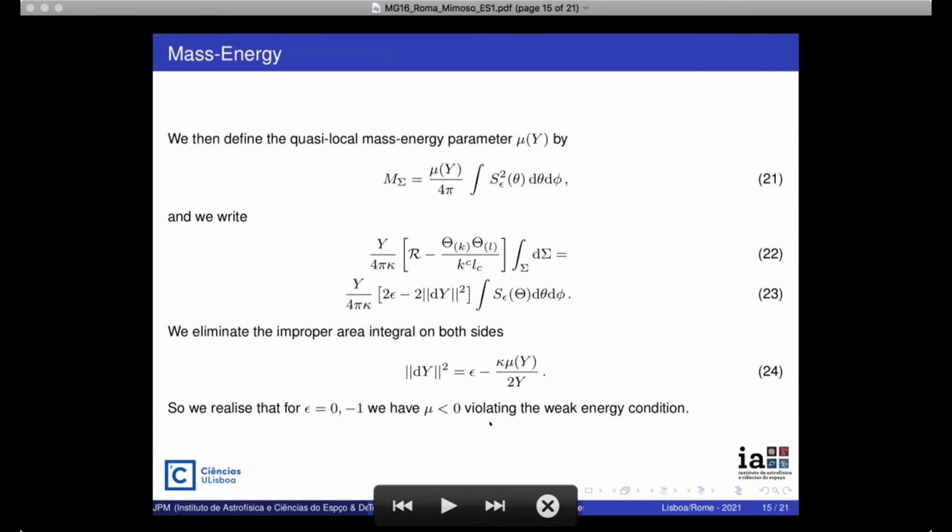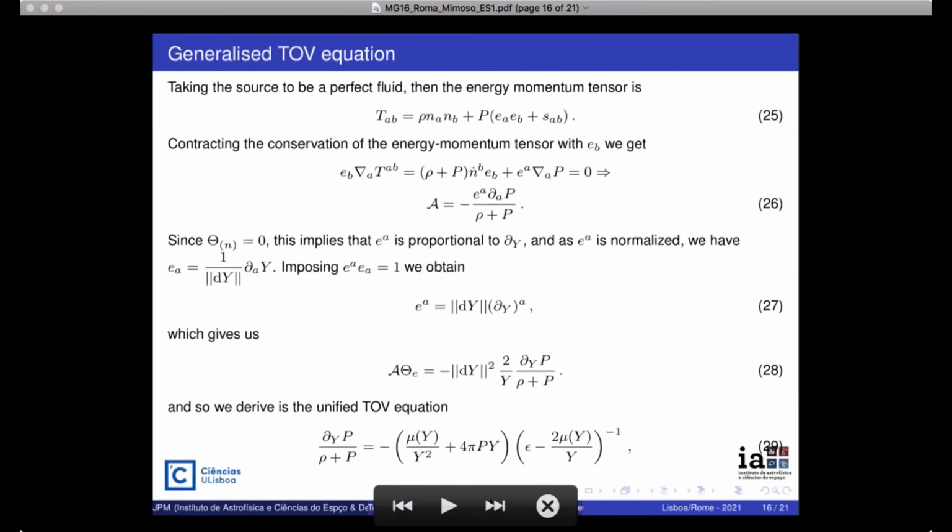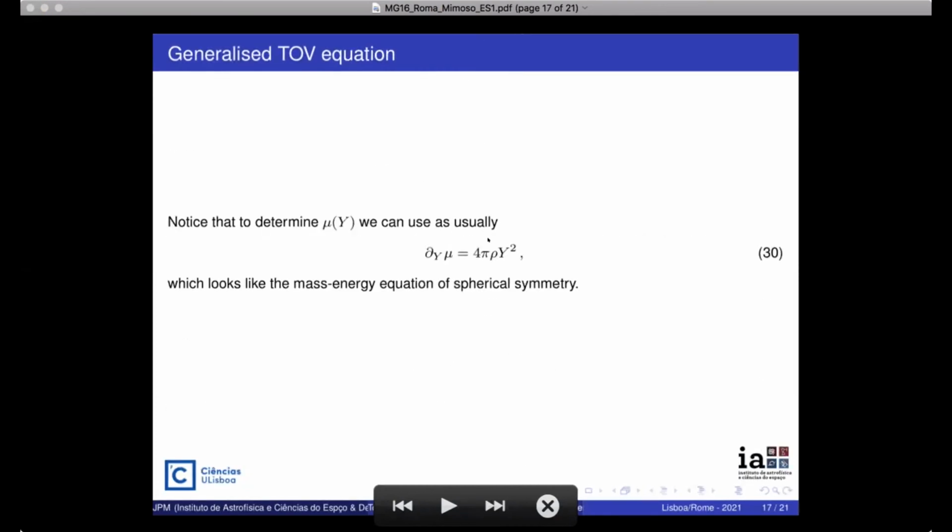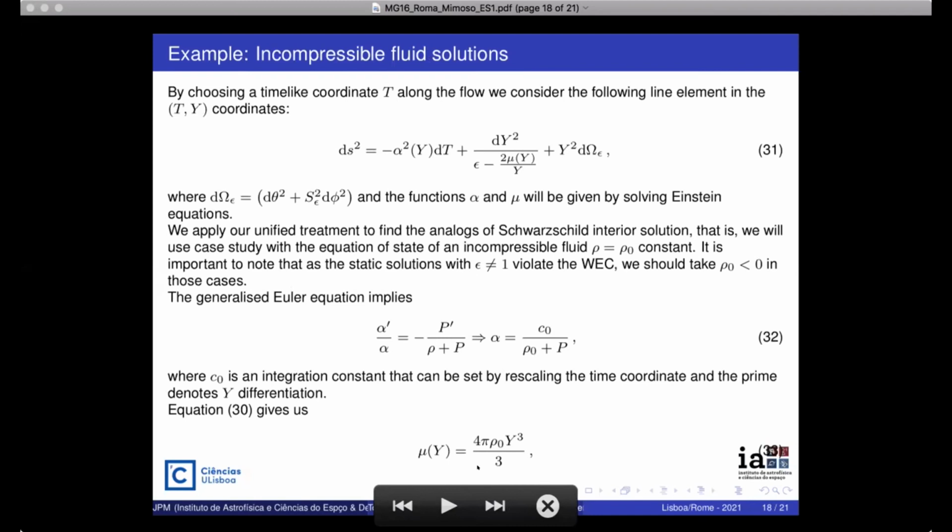So this is also new. We have something which tells us that for the open models, this mass parameter must violate the weak energy condition. And thus rho, which is defined by this equation, which is the generalization of the usual equation, now has a negative value as well. So to illustrate our results, we considered a metric of this form,